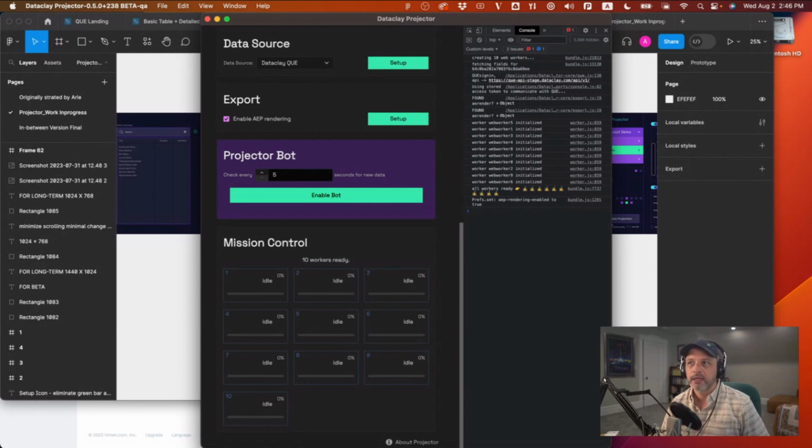But I think that at the moment, Projector does rely on QUE. So if you have a subscription to our QUE data source, Projector is kind of an extension to that. A single license, which we've discussed as a courtesy for subscribing to QUE, would make sense. But we're also going to be supporting Google Sheets with Projector, because a lot of users are just using spreadsheets. So we're going to figure that out before general availability.